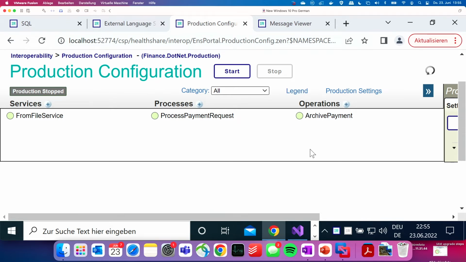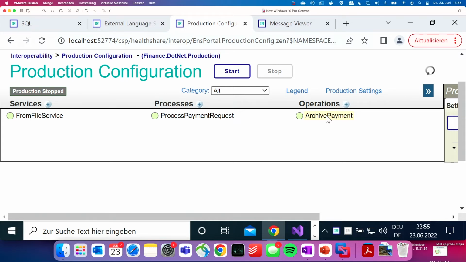This is a very simple production, which actually is part of our official PACS demo that you can download from a GitHub repo. I just changed it a little bit to simplify it. It's basically taking a file on the left side, and this business service is actually written in .NET, but it shows up here. We have a native process which takes this message and then just ships it to this operation. And this operation is also a native Iris operation and then just stores it in another file.